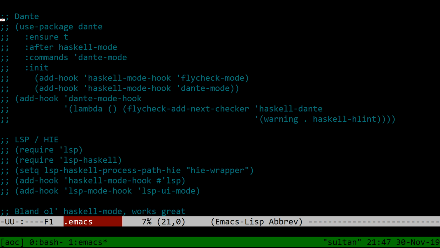So this year I was like, how do you set up Emacs for Haskell stuff? And I tried Dante, which is one of the new things. I was like, if you want Emacs for Haskell, try these 3 things. And Dante was one of them. And I asked people, yeah, it works great. So I tried it and a bunch of stuff didn't work and I didn't know how to do things. So I just couldn't get it to do anything. So forget Dante.